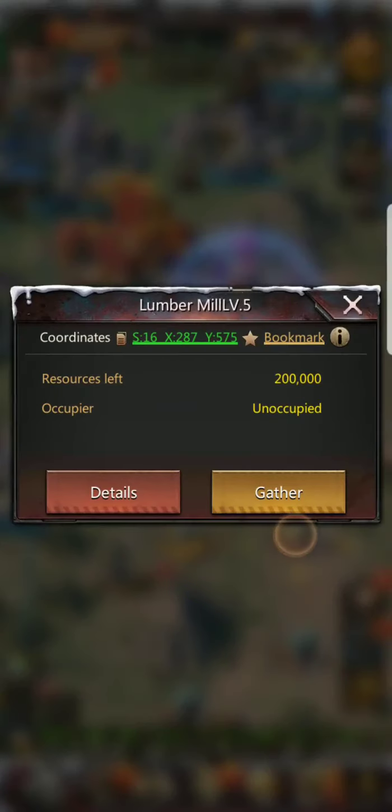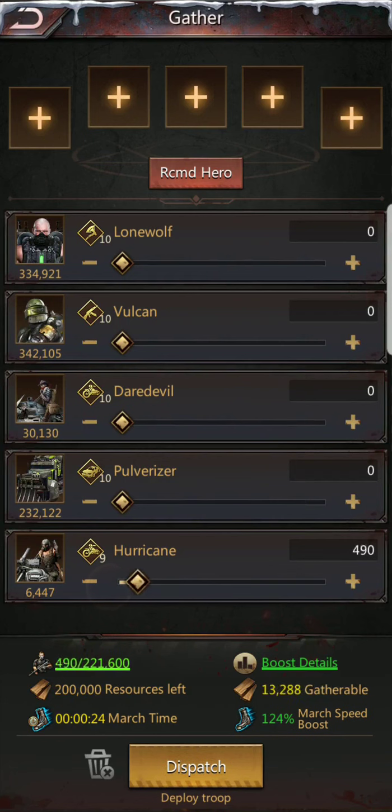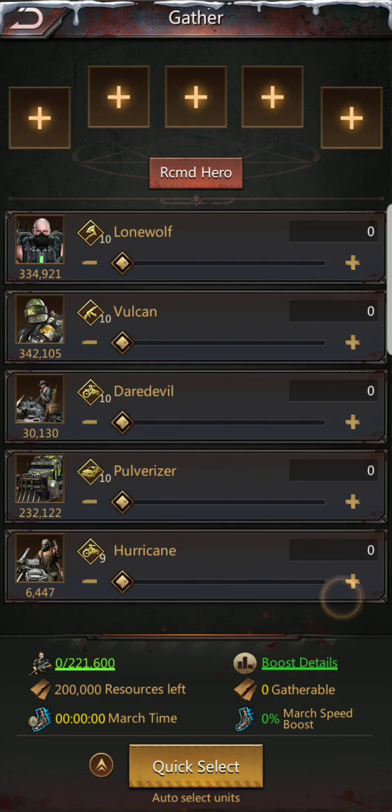And if I was to go ahead and send this, as you can see, let's say I want to gather this lumber mill, I can choose how many I send out. So what I really want to do is just send out a few of my riders. Now, technically speaking, you can send out one troop, and that's all that's required to gather the max from that